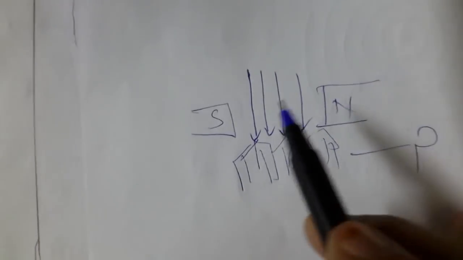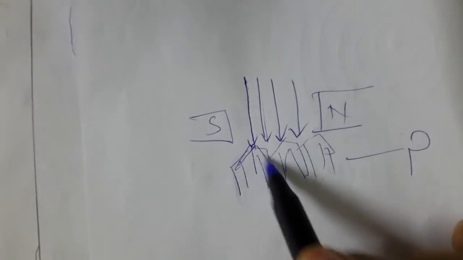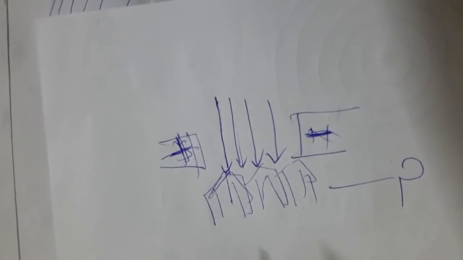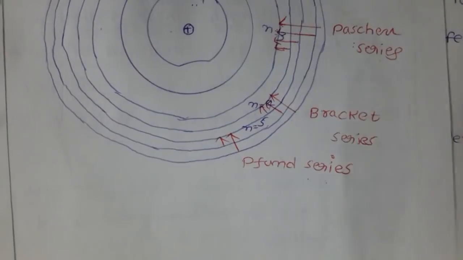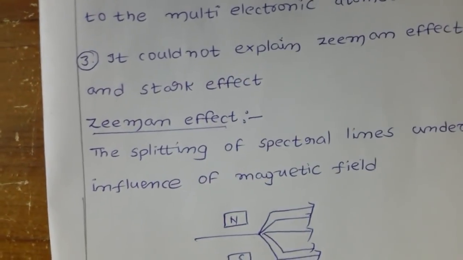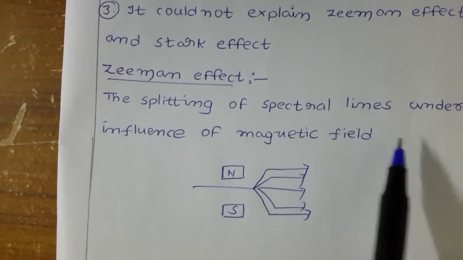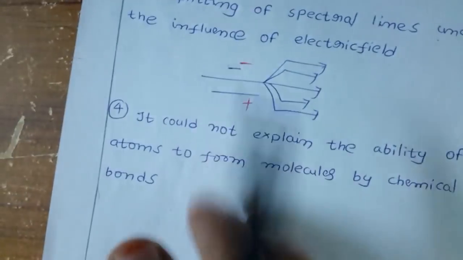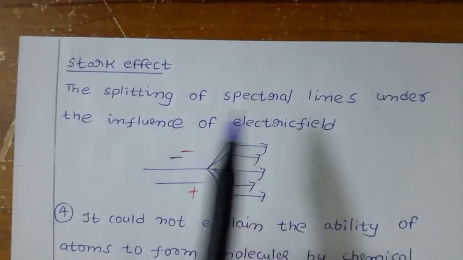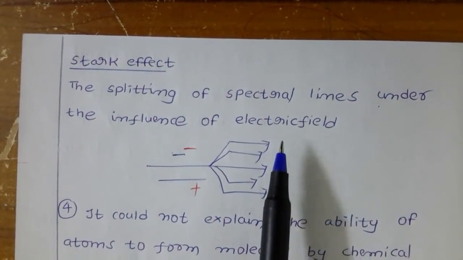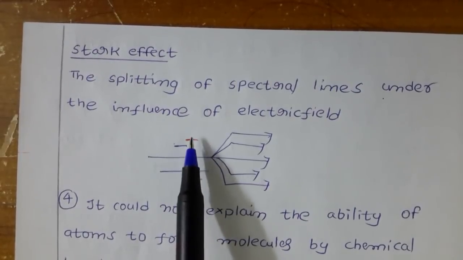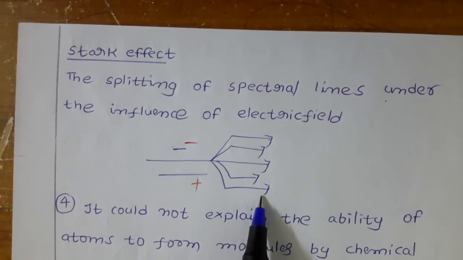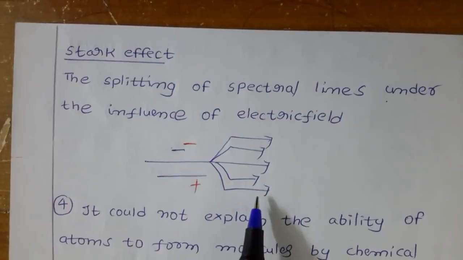Next we have the Stark effect. In the Stark effect, the line again splits when you apply an electric field, using the positive and negative terminals of a battery. The Zeeman effect is the splitting of spectral lines under the influence of a magnetic field, and the Stark effect is the splitting of spectral lines under the influence of an electric field. You can see this one line; when we apply the battery with negative and positive terminals, splitting occurs. Why is this happening? We did not get any information from